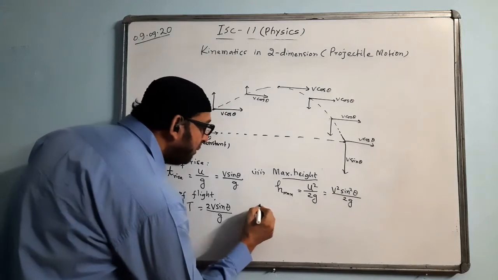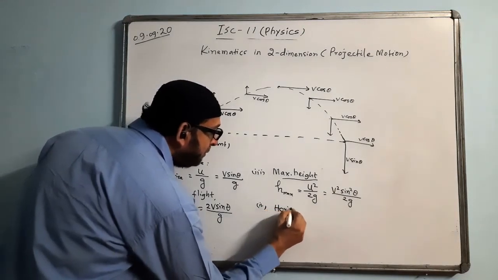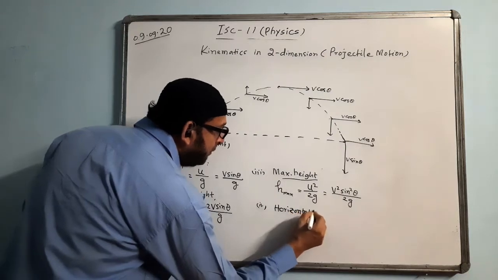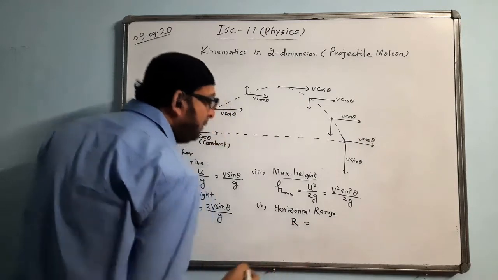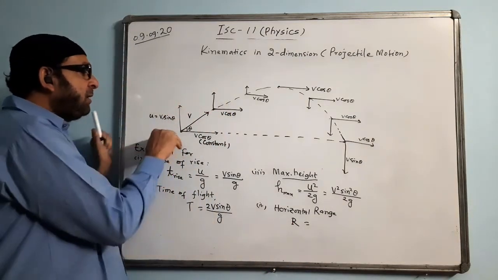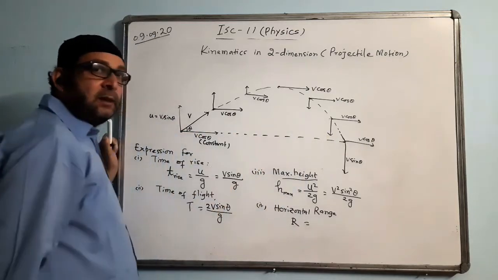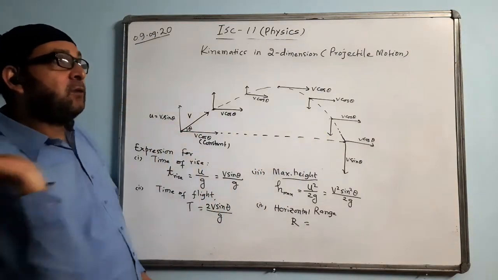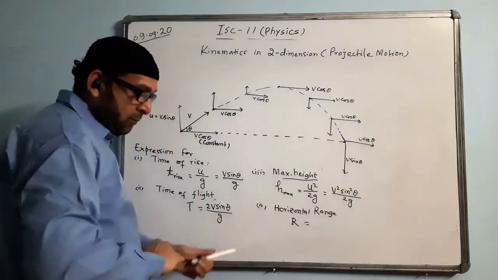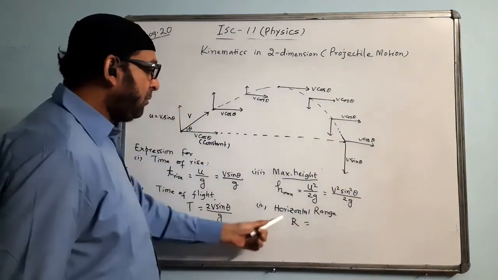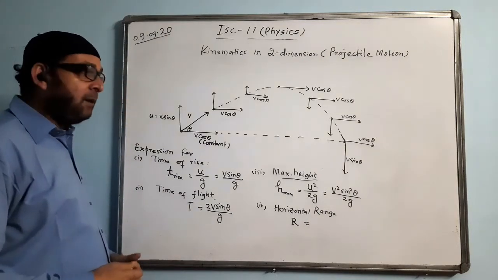So this becomes the formula of maximum height. Now the fourth thing we'll find is horizontal range. Horizontal range, or we can simply call it range, and that we denote by R. Horizontal range is the horizontal distance covered from here till here. Total distance covered horizontally, how much distance it covers. You throw a piece of stone like this, it will go and fall on the ground in this manner. So what is the distance covered? That distance we are calling horizontal range or horizontal distance, denoted by a capital R.